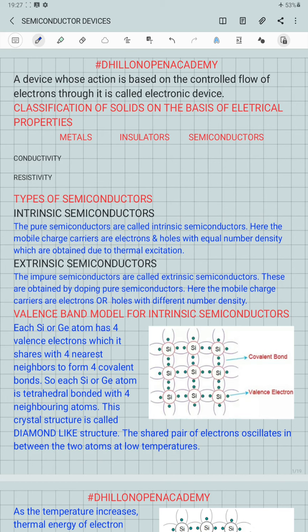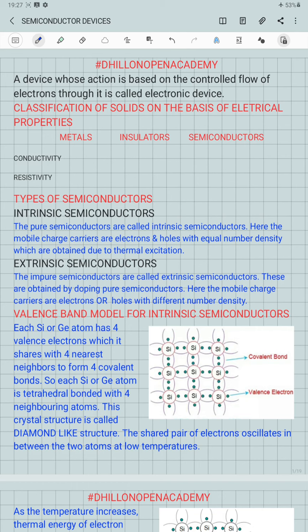In this chapter we will study the physics of semiconductors, and why they are used for the manufacturing of electronic components and devices. We will study their crystal structure and how they can be used for the manufacturing of the simplest kind of electronic device, called the p-n junction diode.